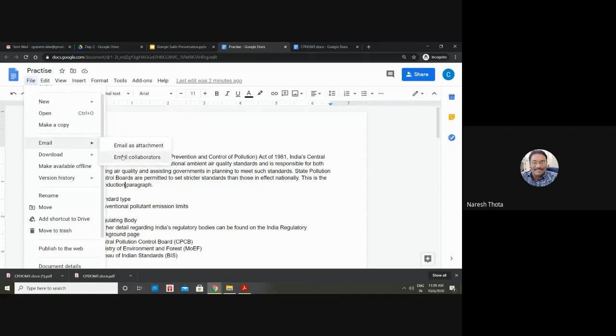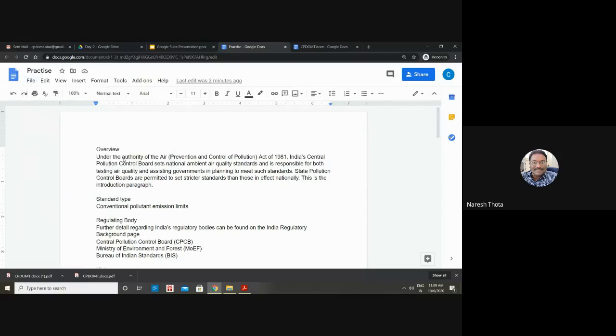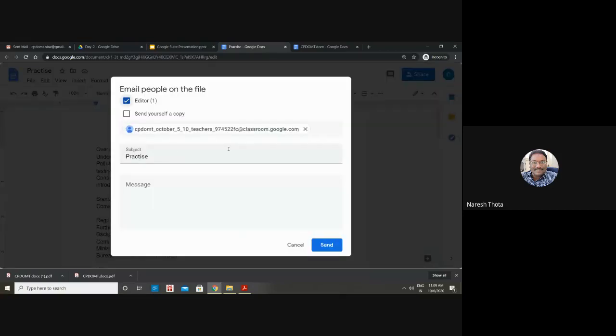Okay, so the other one is collaboration. Google has always played a very key role in group activity or some kind of collaboration activity. So what it tells me is I can actually collaborate with one of these. I will be the editor. I can also add a collaboration copy where, if I want, I can add here itself and send yourself a copy with a particular message. You can say this is the document I have created, where we can collaborate, and send.